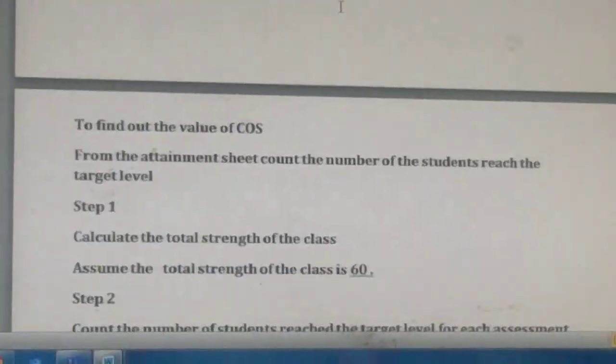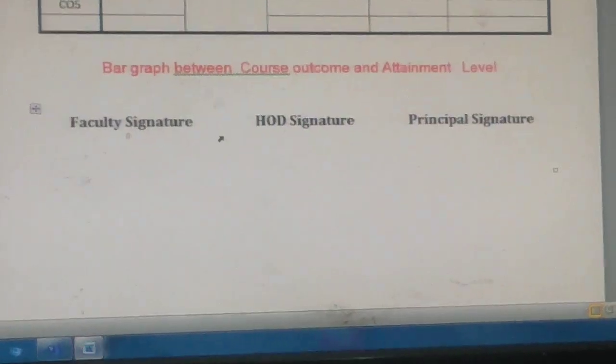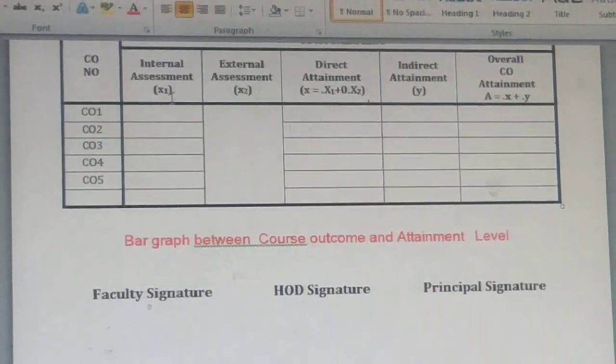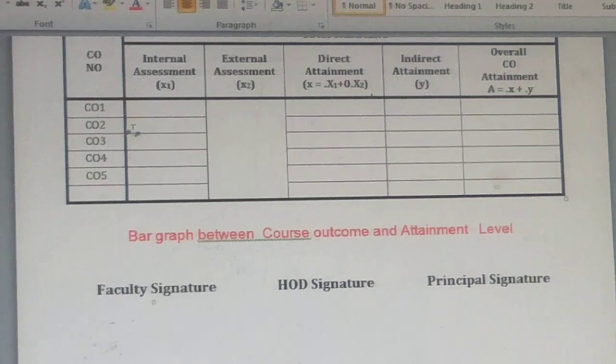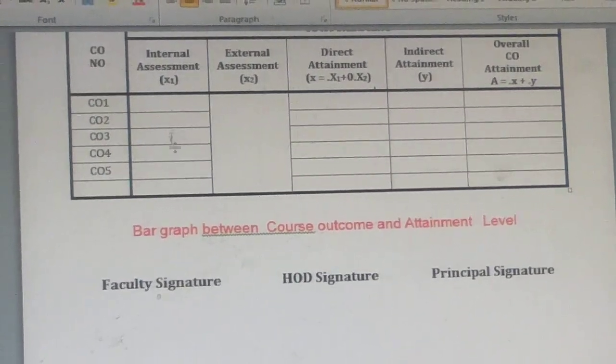Now, from the step-by-step procedure, I have explained each internal assessment. There is an X1 component for CO1, X1 component for CO2, X1 component for CO3, X1 component for CO4, X1 component